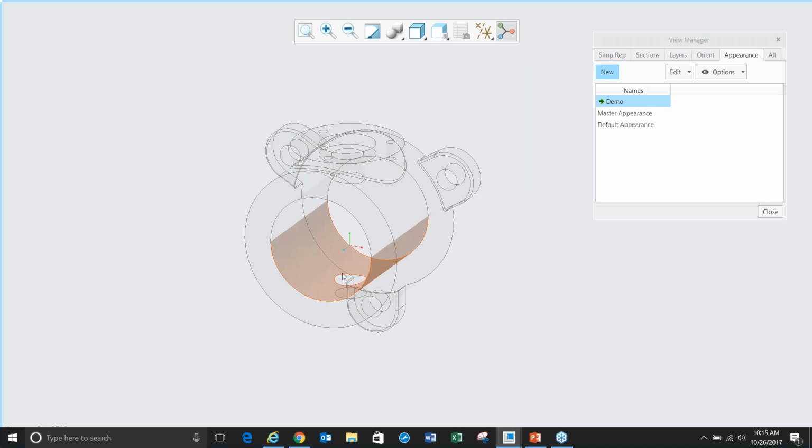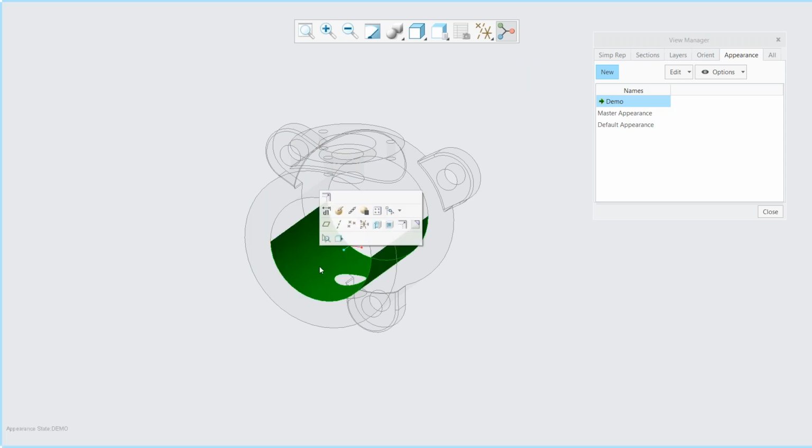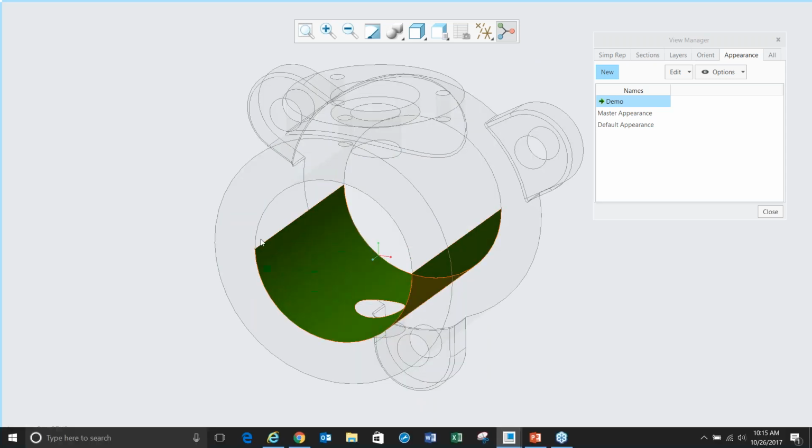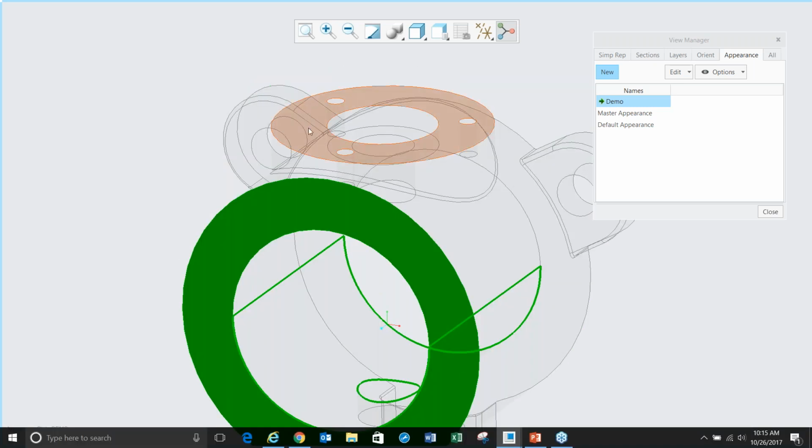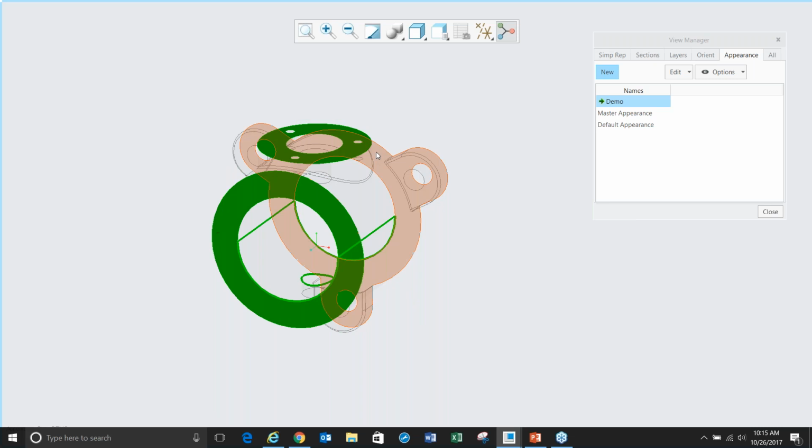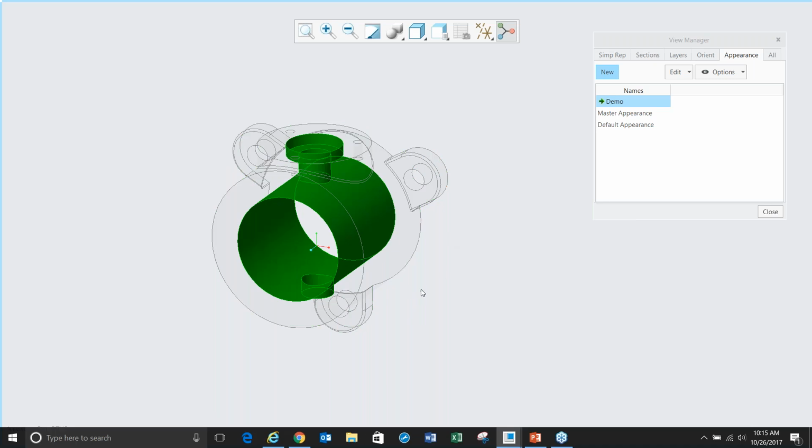Maybe I'm interested in selecting all the inner geometry here, and I would like to give a specific color to that surface. Again, I'm going to use my seed and boundary selection. Let's just shift and select all these. So quickly I was able to get all the inner surfaces by just selecting a seed and all the